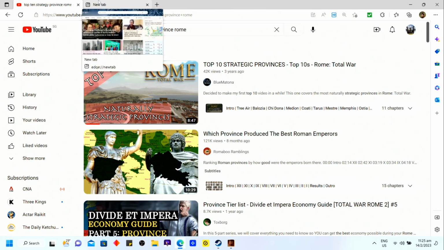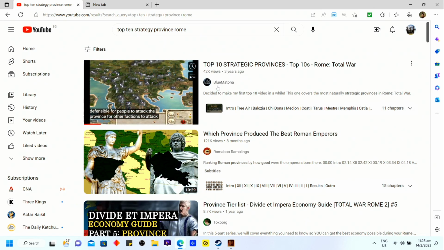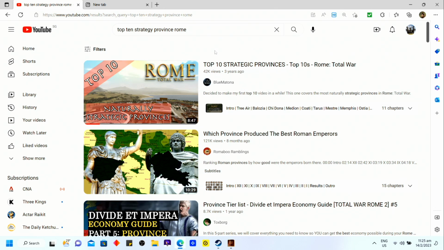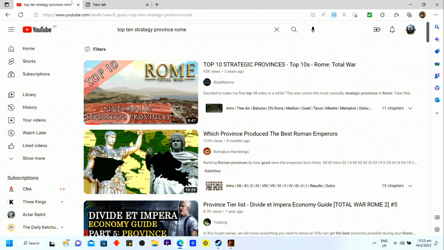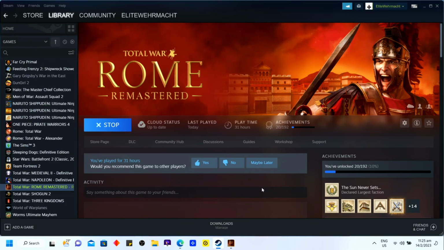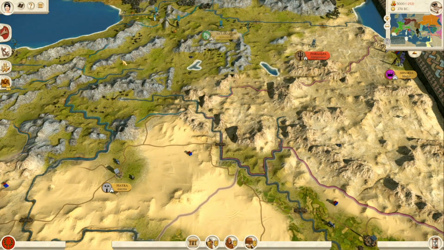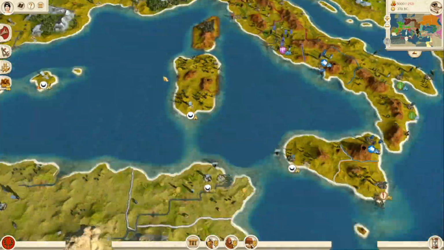So when it comes to strategy, I have watched this video by Blue, how do I pronounce Blue Matona. He made this video about the top 10 strategic provinces in Rome Total War. This was an excellent video. I actually agree with all his points. So I'm going to do a bit of a video response, I want to give my opinion on